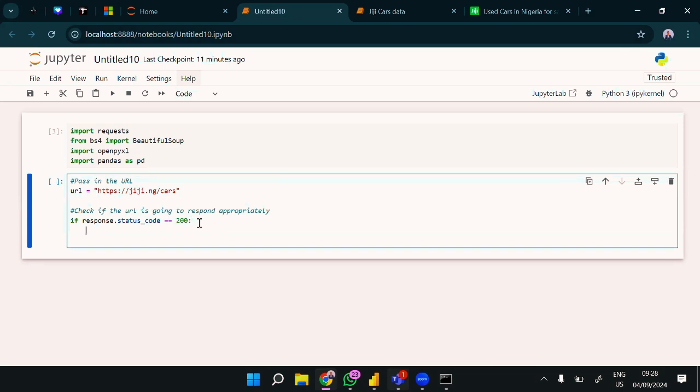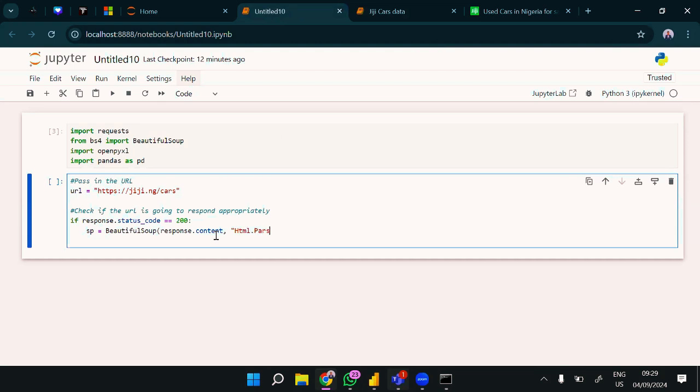Now, if it is true, then we can call our, now I'm calling it soup. You can call it anything. Someone can say they're going to call it SP, so let's call it SP. SP equals, now remember that here you said from bs4 import BeautifulSoup, so you call BeautifulSoup. Ensure you take note of the capital B and capital S, it is very important. Open brackets, response.content, and then you're now passing the